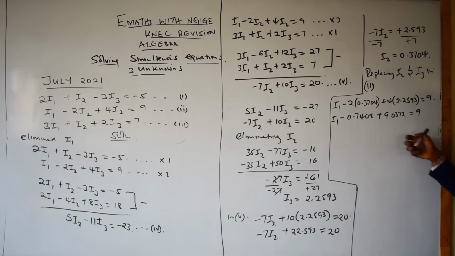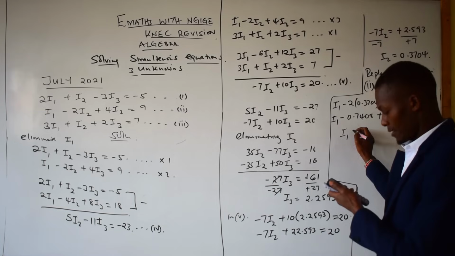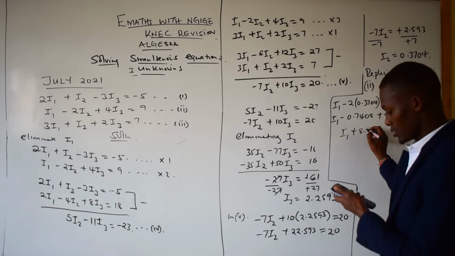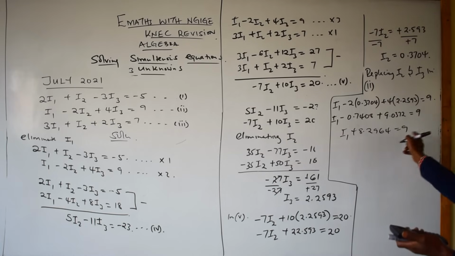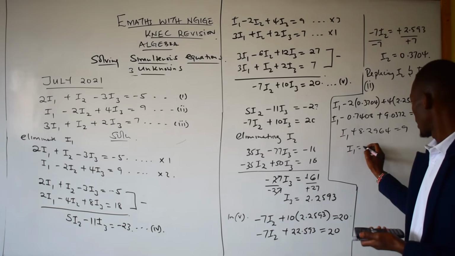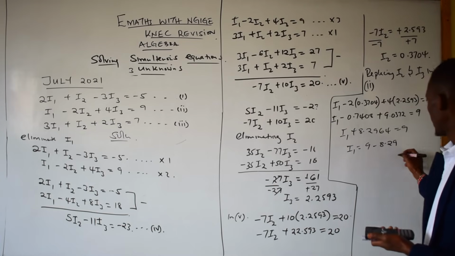Now taking all the constants, negative 0.7408 plus 9.0372, you shall have I1 plus 8.2964 equals 9. Now take this term to the right-hand side, you shall have 9 minus 8.296